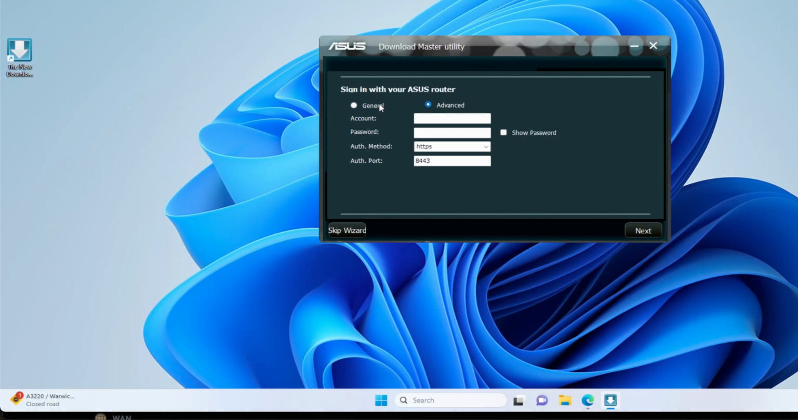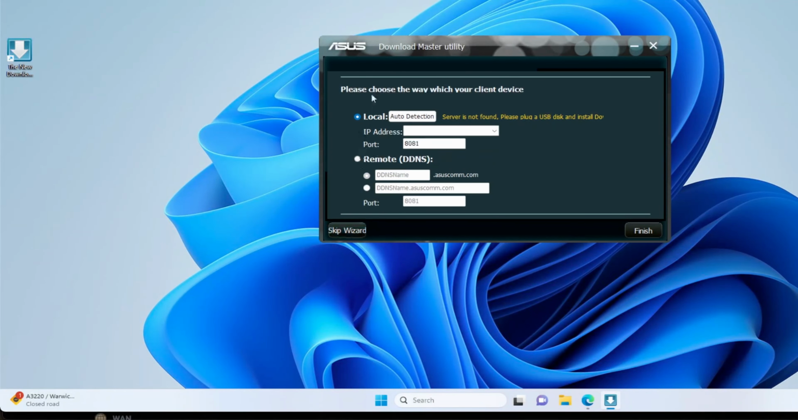So if the general doesn't work, first of all, go to advanced and just do the drop down for HTTPS as a connection, and then log in there. Once you click next, it will log into the router, and then you'll be able to choose there. It'll give you this option where you can connect to your remote Asus if you have the details, but not all the time. You can just do auto detection, and basically it will find the server